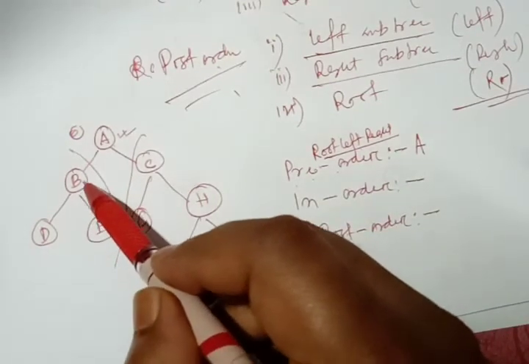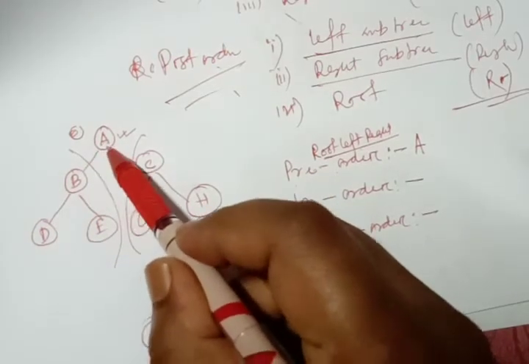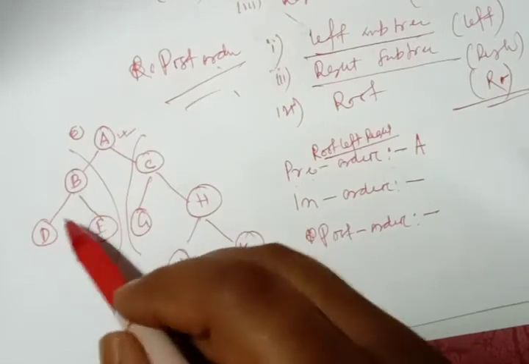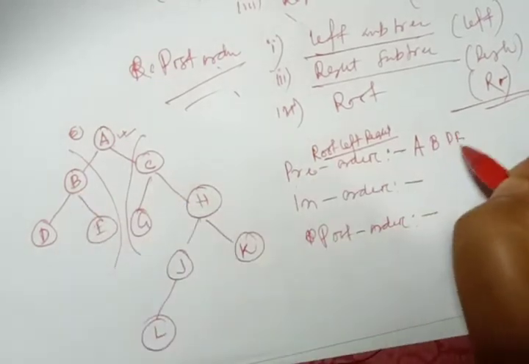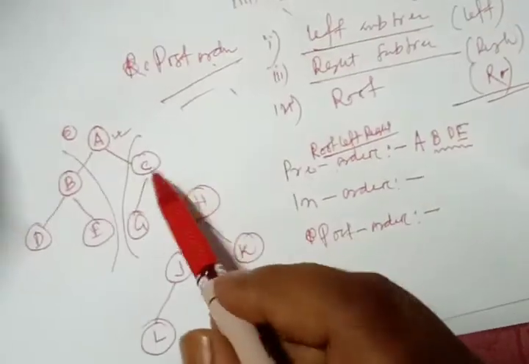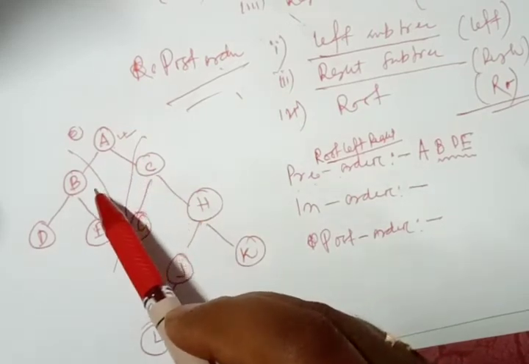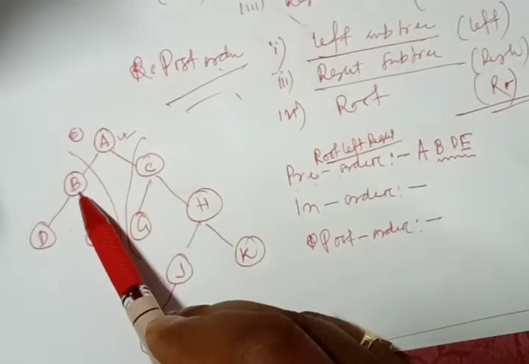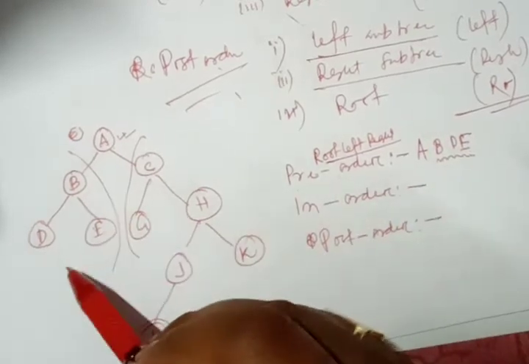In the left subtree, we have to traverse, because the successors of A are B and C. Then we move to B, the root of D and E. So the next sequence will be B, then D, then E. With this we have covered the left subtree, because in each subtree of the main tree, we again apply pre-order traversal: first the root node, then left, then right.